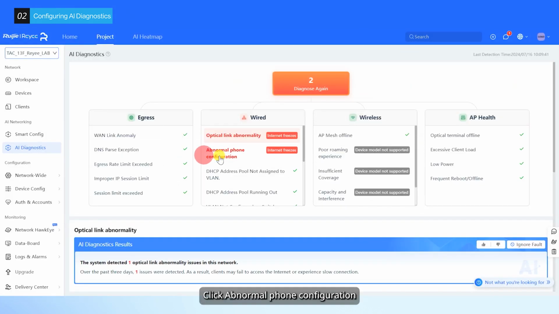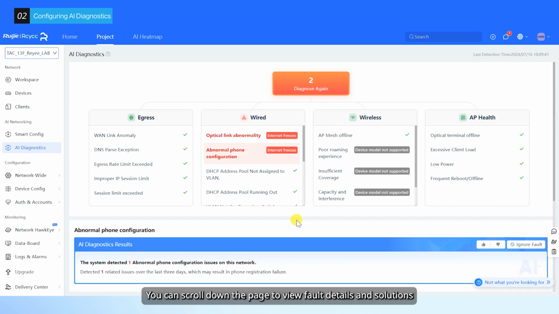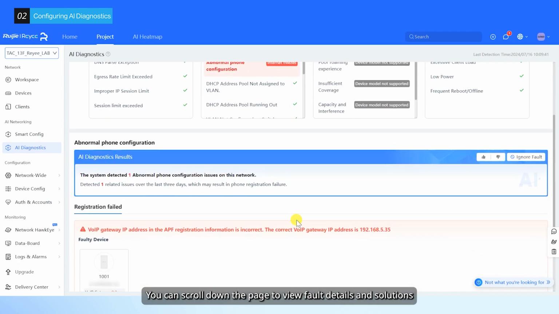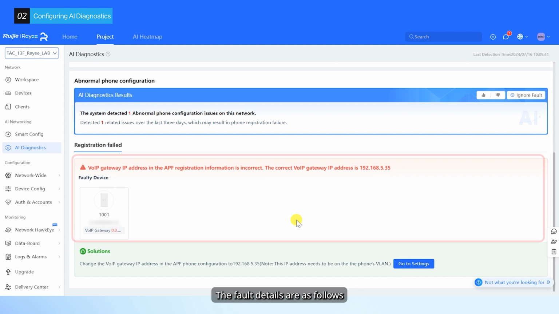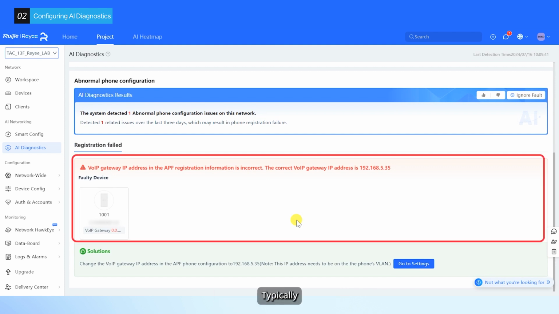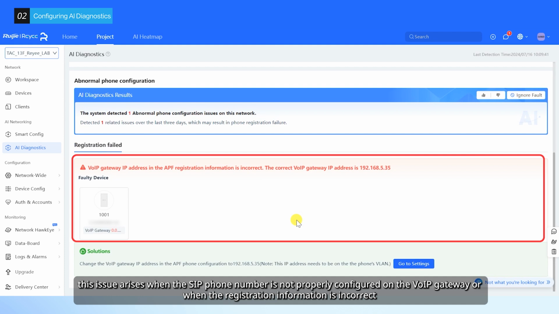Click Abnormal Phone Configuration. You can scroll down the page to view fault details and solutions. The fault details are as follows: phone registration failed. Typically, this issue arises when the SIP phone number is not properly configured on the VoIP gateway or when the